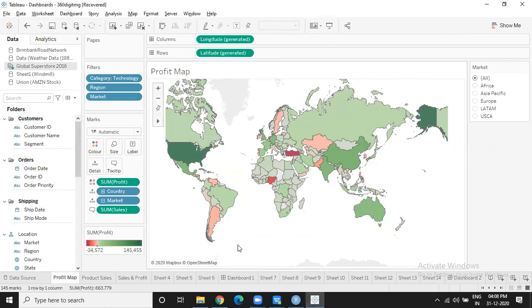Now, these are the kind of things that we can do here. It is very popular when it comes to geographical analysis because it has seamless capability to create maps. That is one good feature which puts it in the leaders quadrant.